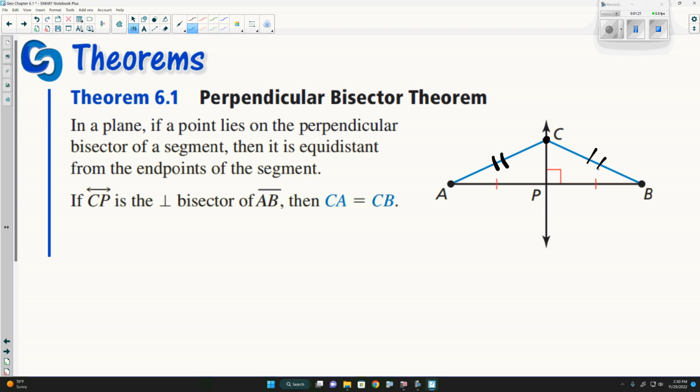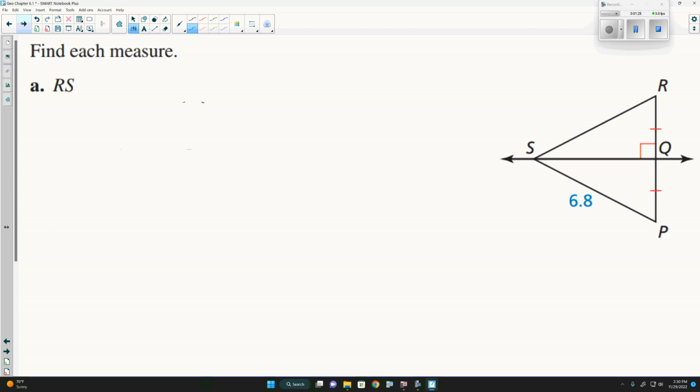Questions on this so far? So here point S does lie on the perpendicular bisector of line RP, and they tell us that line SP is 6.8. So RS is